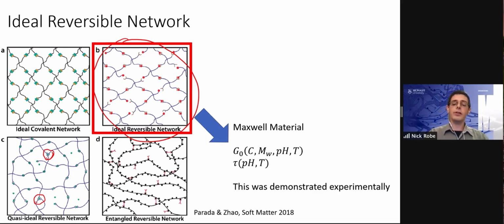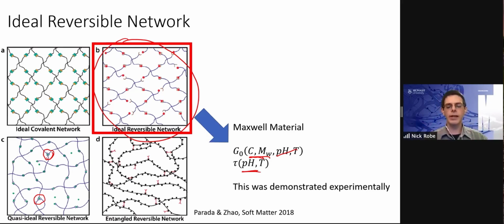Particularly, this experiment showed that by tuning the pH and temperature of a solution, effectively modulating the interaction strength between the stars, they could tune the relaxation time of the solution. But once those things were fixed, then they could continue to adjust the concentration and molecular weight of the molecules to adjust the instantaneous shear modulus, for instance, of the system. So this gave them a lot of control of the material properties and an interesting insight into this map between